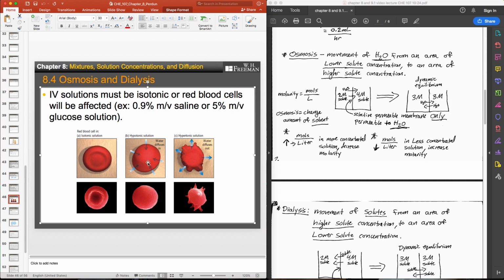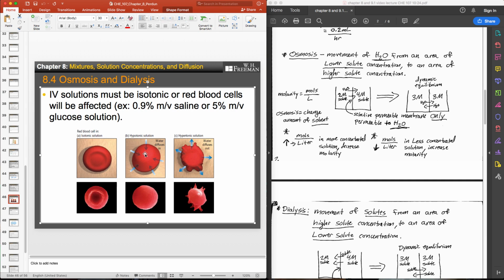If we were to put this cell in distilled water, distilled water is an example of a hypotonic solution because it has no solute involved. So it is the most hypotonic that you could really get, right? We've got the solvent, and we have 0 moles per liter of solute. That is the perfect definition of hypotonic. If we were to place a cell into that solution, well, there are obviously solutes inside of the cell, right? And if there are solutes inside the cell, but no solutes on the outside of the cell because this is pure distilled water, if we were to drop that cell into a beaker of it,